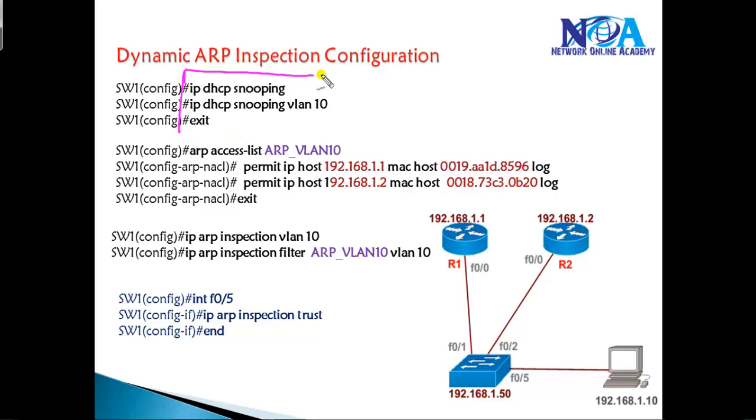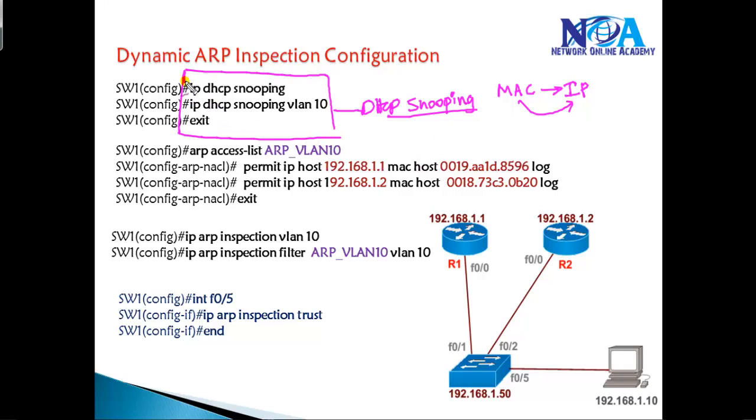Let me just give you some overview of the configuration. Now here we are going to enable the DHCP snooping feature, just for the DHCP binding information, because in big networks you will be using some DHCP servers, and the DHCP server will be responsible for providing the IP address to the clients. When it provides the IP address, it is going to keep track of the MAC and the IP addresses given to those particular devices.